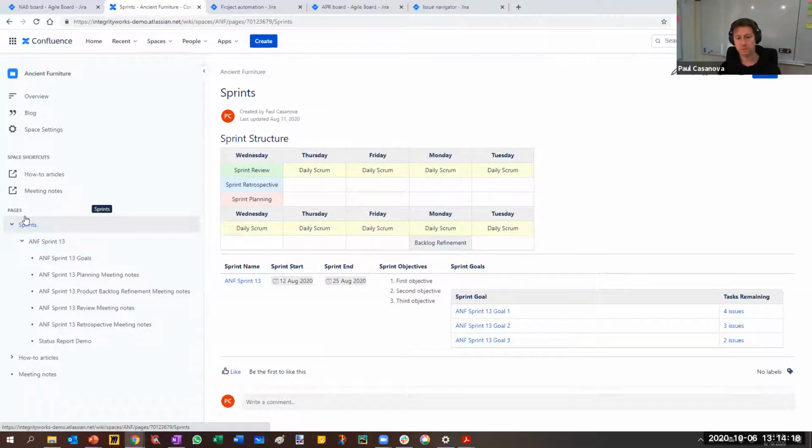Ideally, we would just have one sprint goal and everybody focuses on the goal in Scrum, and there's no need to sort of track a multitude of goals. In reality, while the teams are maturing, they do tend to work on several goals at once. So if we want to be able to attribute effort to particular goals and track how we're going with that goal and have we actually finished it yet, that's one case where you might want to do it this way. So in Jira, if we go into ANF,